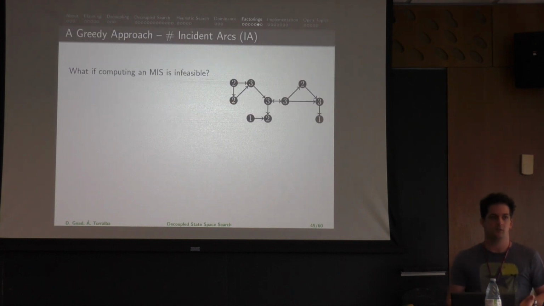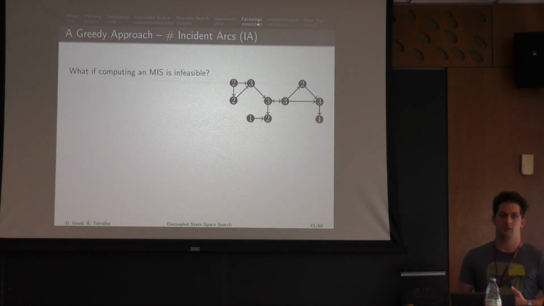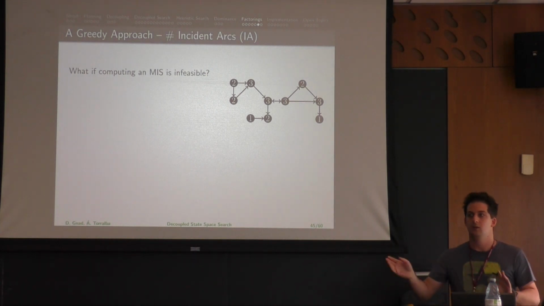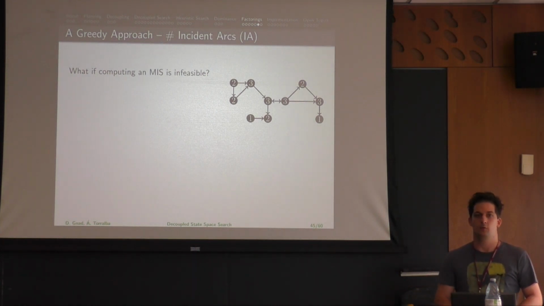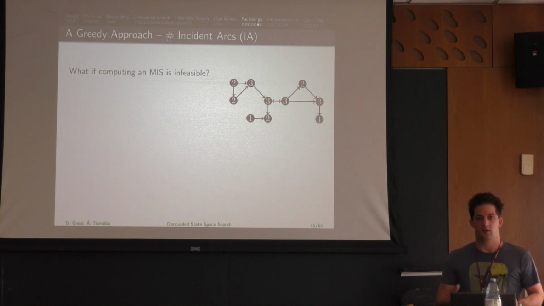On some instances, though, it's really infeasible to compute a maximum independent set. In the implementation, we fixed this by setting runtime limits. So we look for the independent set for a while, and if we don't finish, we just pick whatever we have found until this time. Another approach is a very greedy strategy that sorts the variables according to the incident arcs,